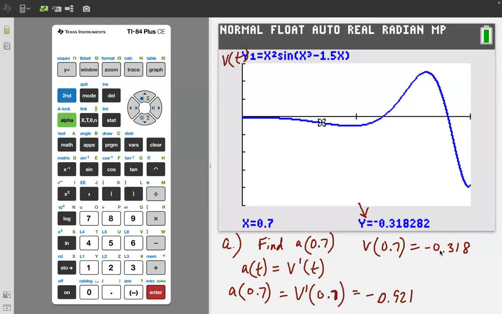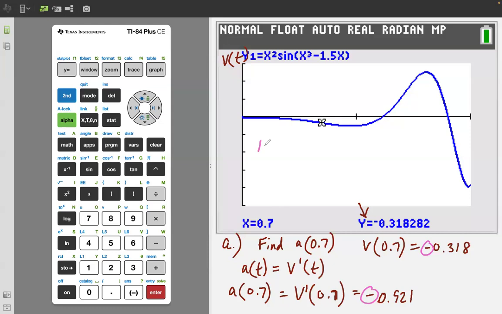Okay, so the headlines here are that the sign of the velocity is negative and the sign of the acceleration is negative. They're both negative. So the fact that the acceleration and the velocity have the same sign is evidence that the bug is speeding up. Speeding up is when the signs are the same. So when the signs are the same, an object is speeding up. When the signs of V and A are opposite, they're slowing down. So again, since the velocity was negative and the acceleration was negative at the same timestamp, that is evidence that the bug is speeding up